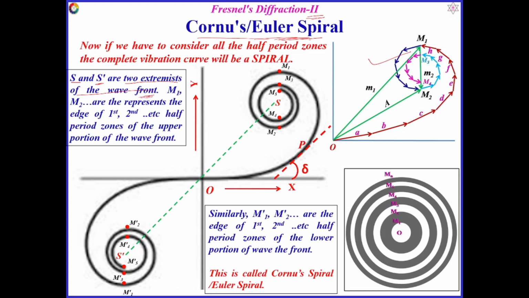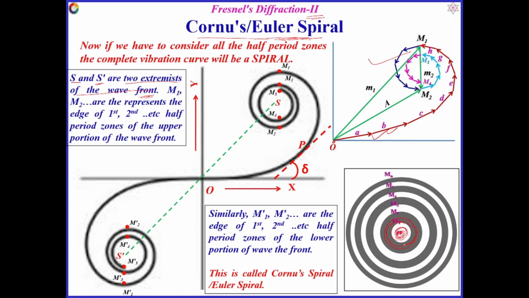From O to M1, these vectors belong to the strips of the first half period zone. These red vectors, and the vectors from M1 to M2, belong to the second half period zone